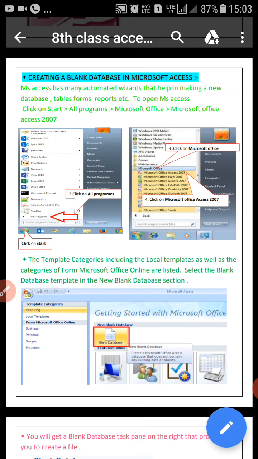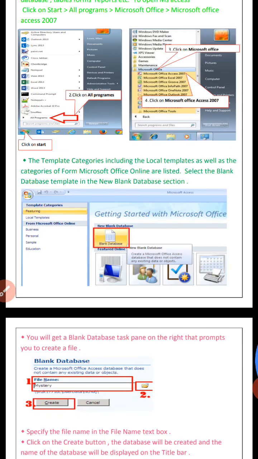If you want to open a blank database, you will click on here. Then you will get the blank database task pane on the right side that prompts you to create a file.